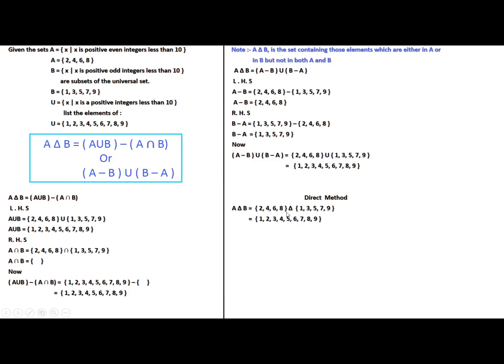We cannot find any common element. Okay, so this is the easiest way. See, we cannot find any common element. So if we cannot find any common element, in symmetric difference what we will do is write all elements in order. So see here, in the first method also, what answer are we getting? 1, 2, 3, 4, 5, 6, 7, 8, 9. In the second method we are getting the answer 1, 2, 3, 4, 5, 6, 7, 8, 9. And in the direct method also 1, 2, 3, 4, 5, 6, 7, 8, 9.